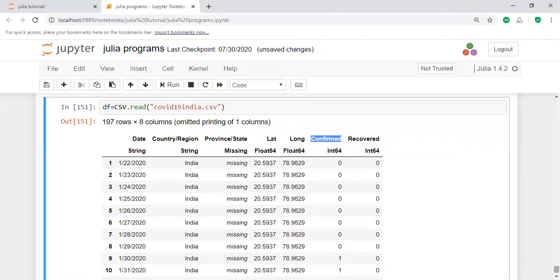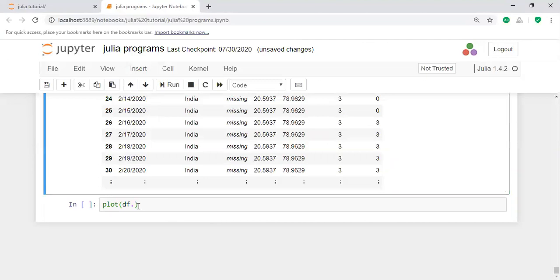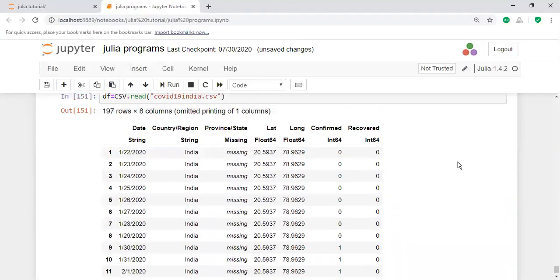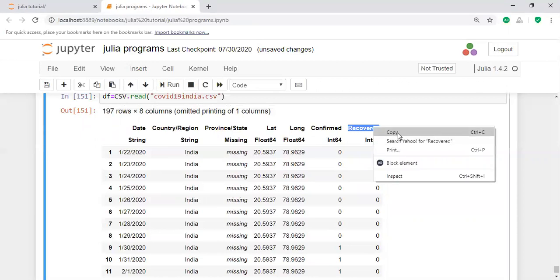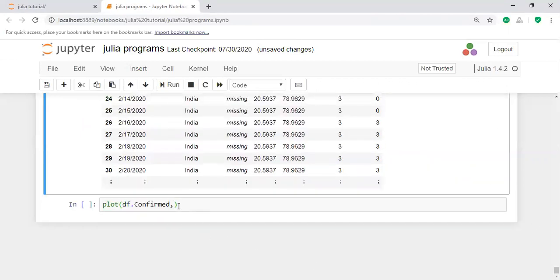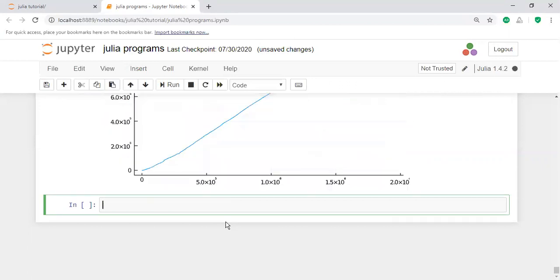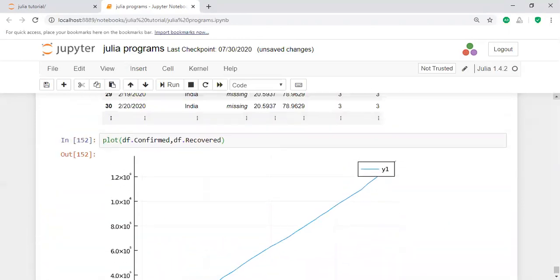That means how many persons COVID confirmed, comma, recovered. It will give the plot like this. How many persons confirmed and then recovered?